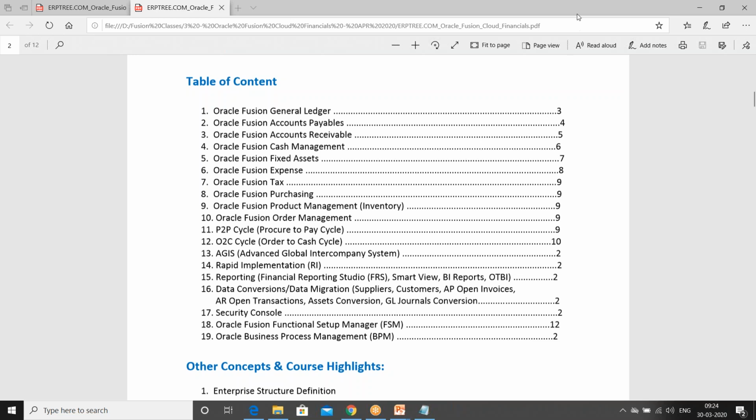Any other questions, please? Lakshman, how many months do we have access to the cloud instance for training as well as for additional self-learning? By default, we'll give 3 months of instance access. The course duration would be 2 months, but you'll get 3 months of instance access. If required, we can extend 2 more months or more than that. So in other words, about 5 months? You can get 5 months.